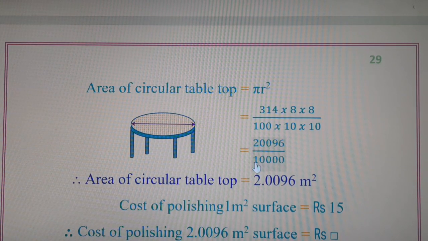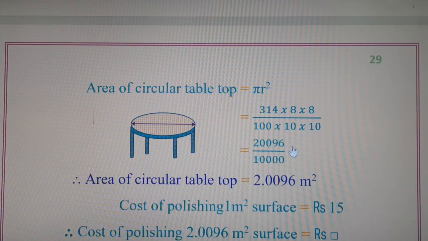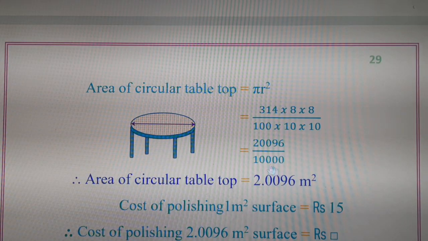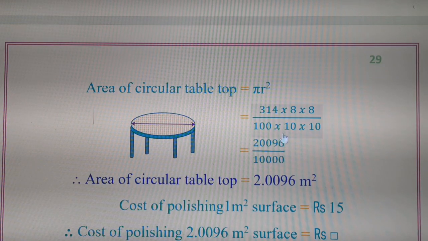2.0096. In order to remove the 10,000 from the denominator, we can write the numerator integer as a decimal fraction. So 20,096 will be written as 2.0096 because the denominator 10,000 is removed and the decimal point is substituted. For removing the denominator 10, 100 or 1000, we have to put a decimal point. After counting how many zeros are there, after that many digits from the right side we have to count and put the decimal point. Since 10,000 has 4 zeros, after 4 digits from the right side we have to count 1, 2, 3 and 4. So between 2 and 0 the decimal point will be there.